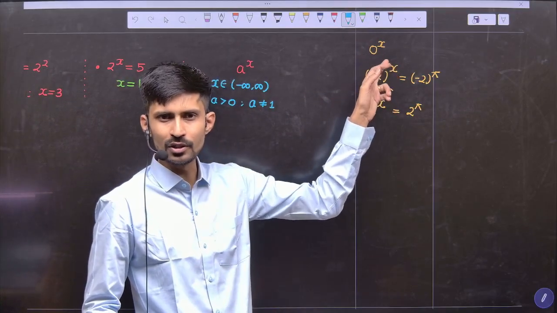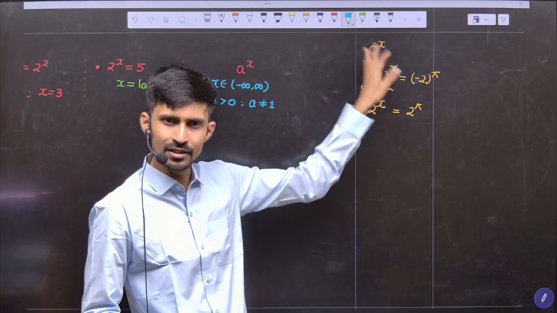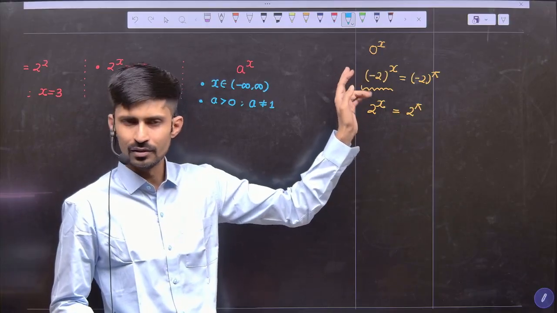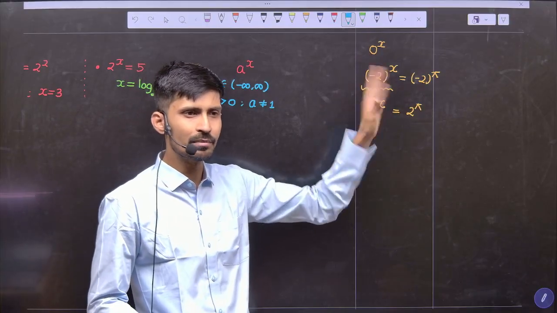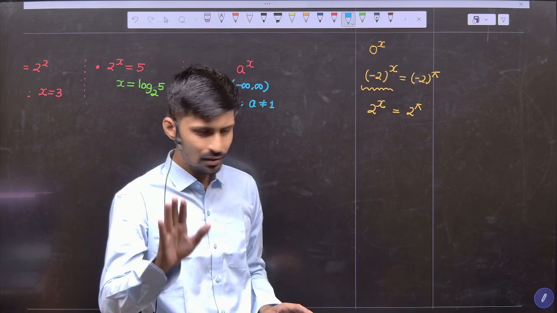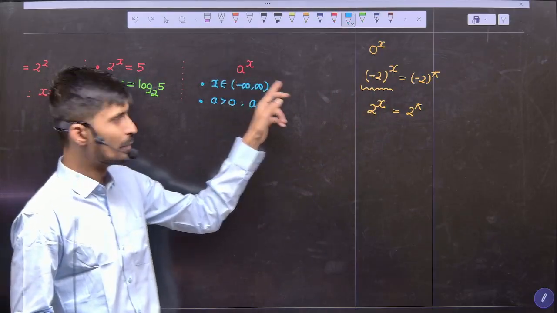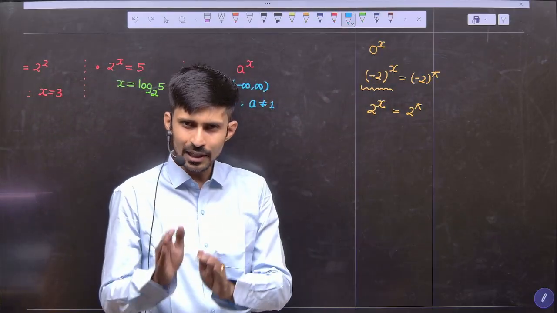0 raised to x will not satisfy when x is negative and when x is 0. But 0 raised to x is defined when x is a positive number. So 0 raised to a positive number will become 0. Is this clear? Next, A cannot be negative also, because minus 2 raised to x is sometimes defined, sometimes